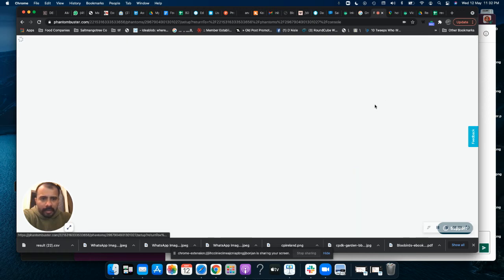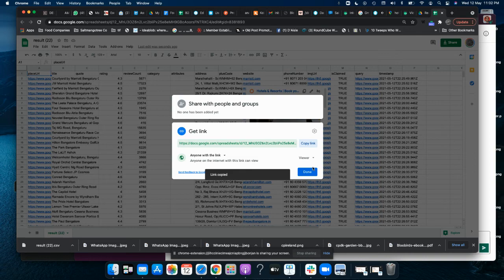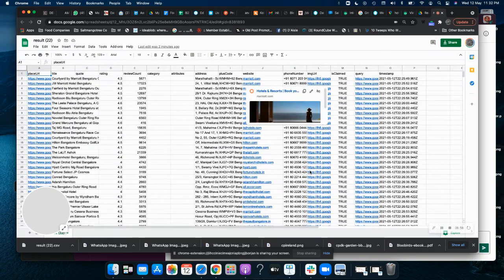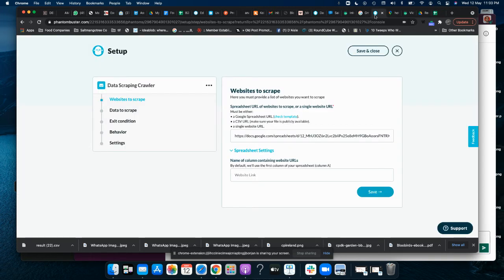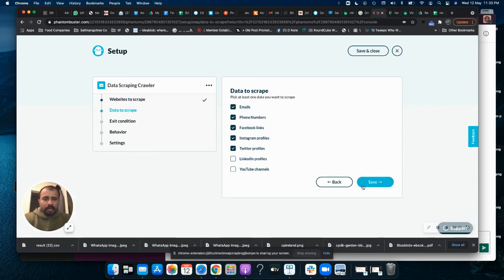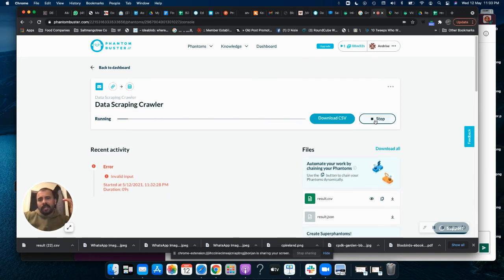Let me go back to the setup. All right, I forgot one of the important things: we need to match the column here. So what is the column name? It is website. You copy the column name here, go back and put website here, because you need to say which column has the website. What it does is, from that Excel, it looks at each of those websites, crawls into them